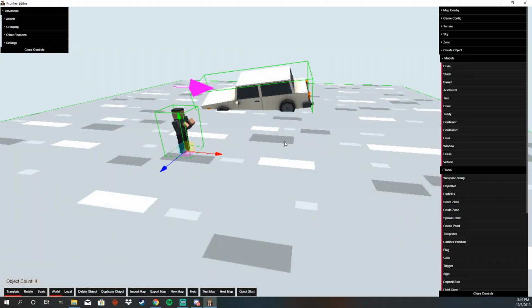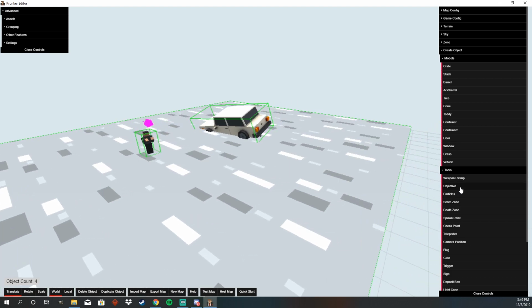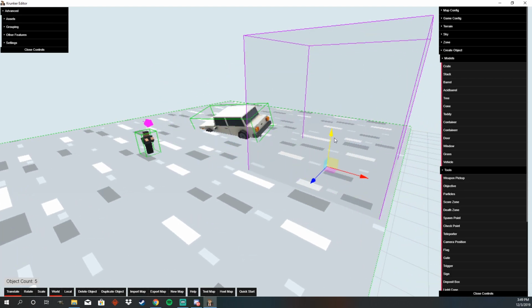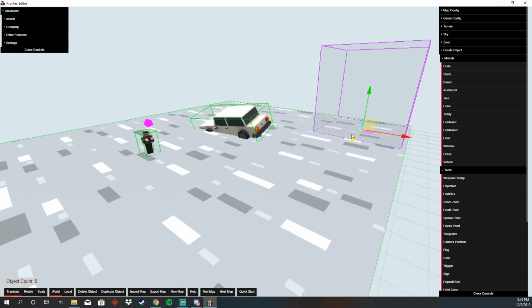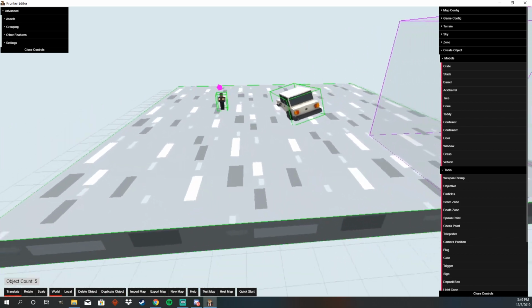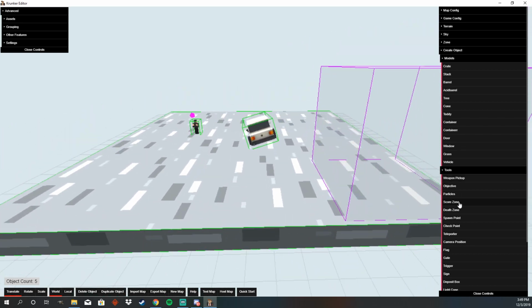Alright, so to make it so that you can play game modes, you will need these things called, well, I know them as nodes, but they're still in the tools thing. So we're going to start here with objective. So on capture the flag, you might see like a little yellow flag icon. Well, this is where objective is going to be. So I'm just going to set up stuff here so you can see objective, and then maybe you want, I don't know,